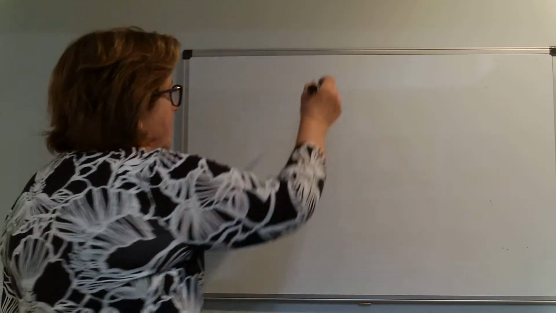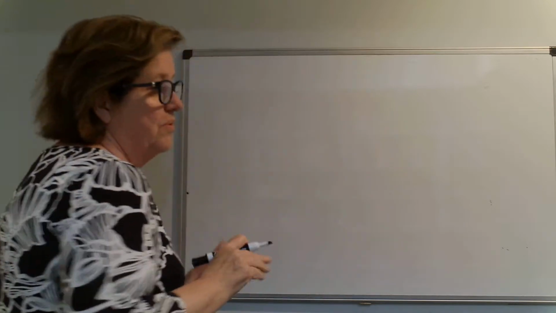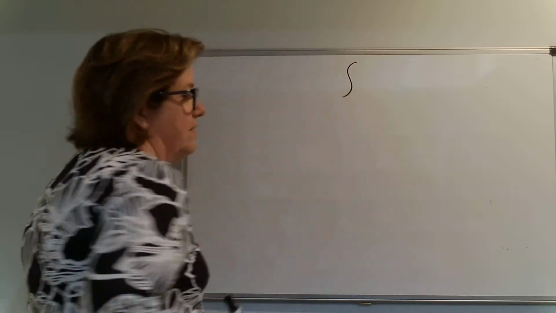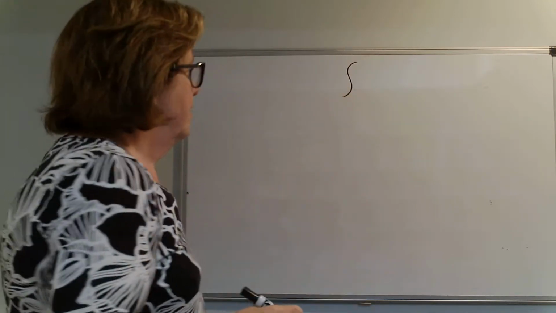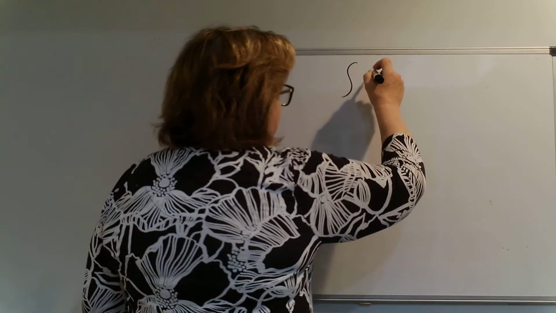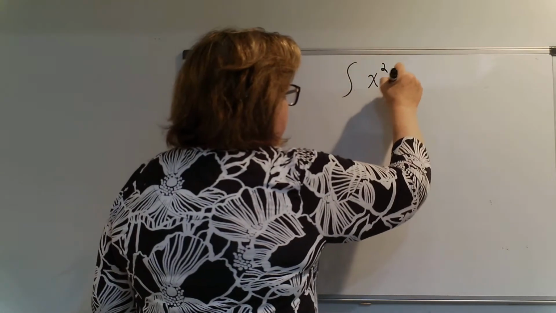But right now we're going to investigate chapter 4.5. Let's just review what we know, and also introduce a couple of terms. We know the integral and the derivative are reverses of each other. So if I want the integral of, say, x squared dx,